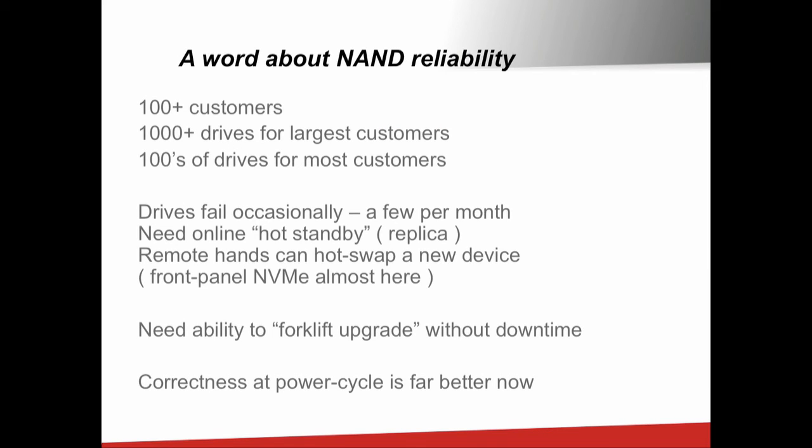Now, I hear a lot about Flash that says Flash is not reliable, NAND's not reliable, and our experience at Aerospike is simply otherwise. Within our internet community, we've had thousands of drives, hundreds of customers running. Now, you do need a distributed system and a high availability system because drives will fail, just like rotational drives. Kind of like a RAID system, you need to be able to pop in and out drives.